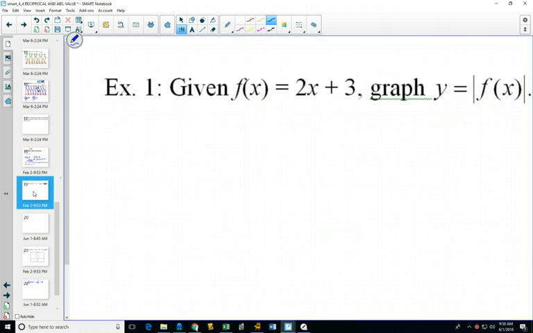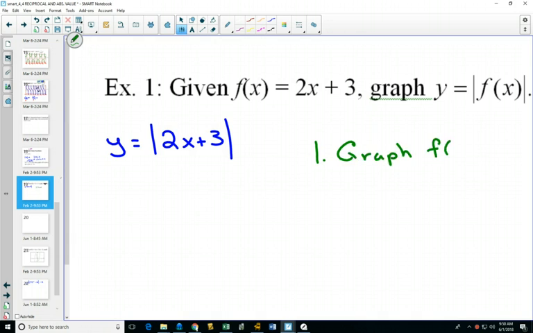So our first example is an example that we did in our transformations unit. We want to graph y equals the absolute value of f of x, so that's asking us to graph y equals the absolute value of 2x plus 3. But now we're going to look at it from a different perspective, and we're going to use a technique for graphing all absolute value functions. Our new technique,